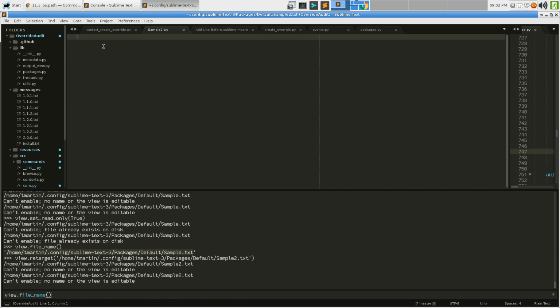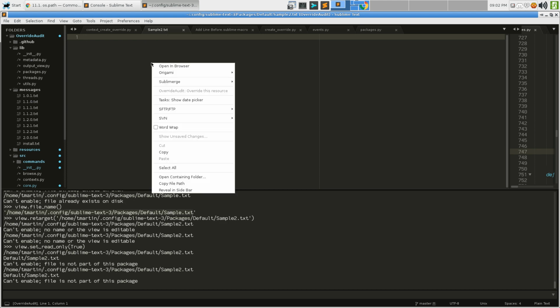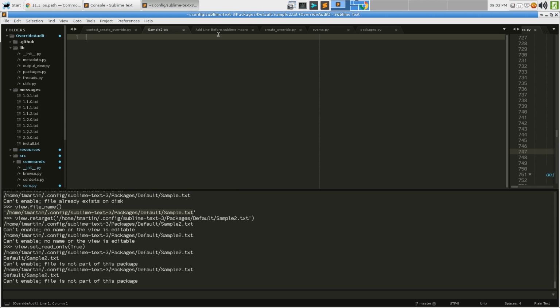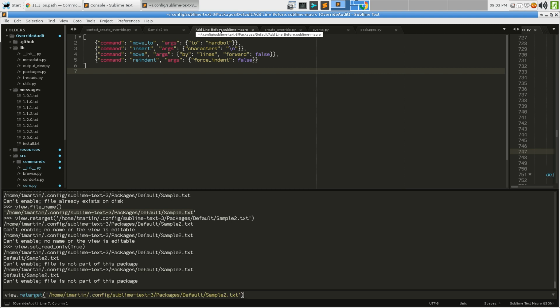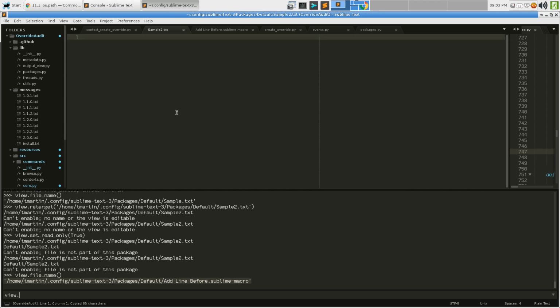So we would have to say view set read only. So now this is a read only buffer that exists in the packages path. So when I do it, it says it can't enable because this file is not a part of this package, right? So now if I did this and then copied this jiggy here like this, to here and said view.retarget,